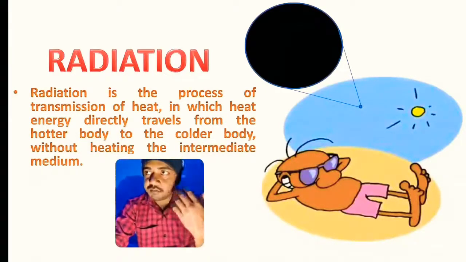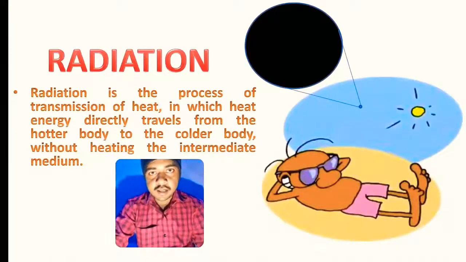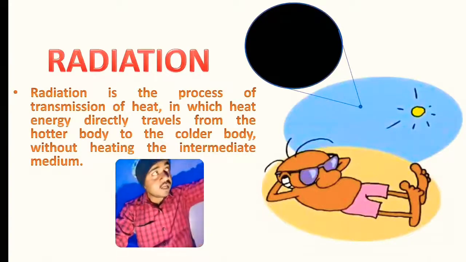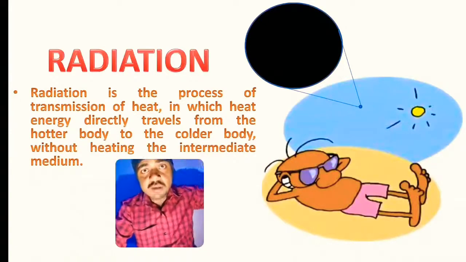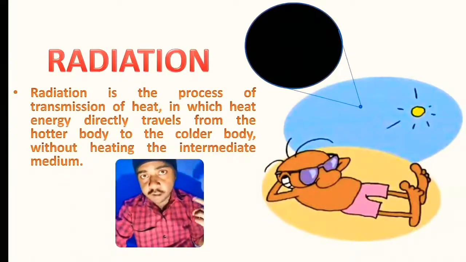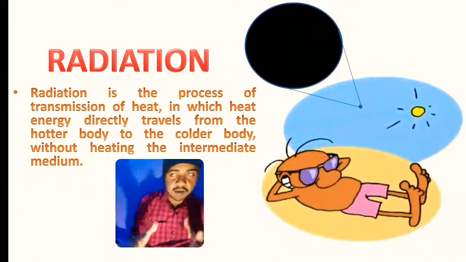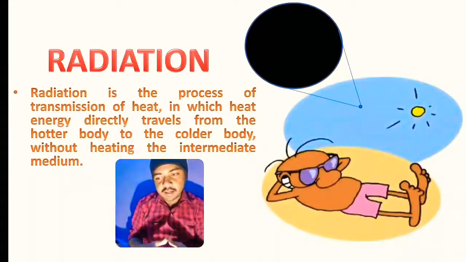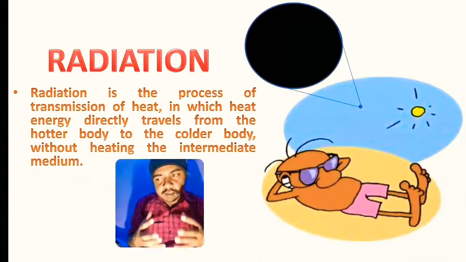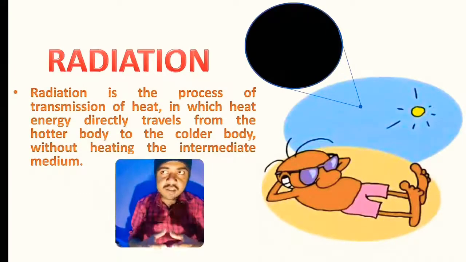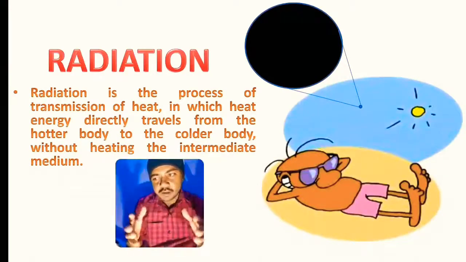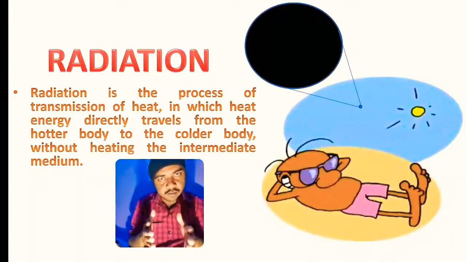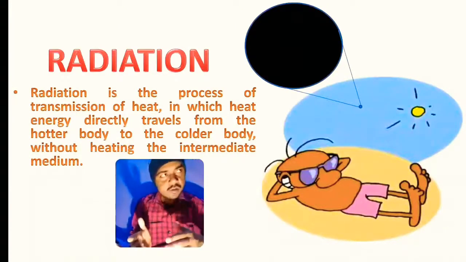We all know that on a sunny day, if you go out in the sun in summer, it's really hot. That heat is coming from millions of kilometers away, from the sun. How does it come to the earth? Have you ever thought? That heat energy, my dear students, is transferred by something very similar to light. And light has a visible range, from violet to red.